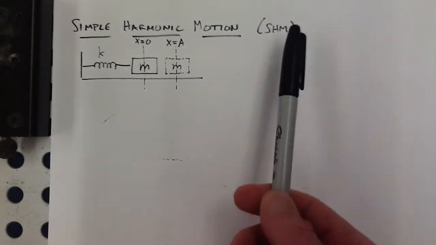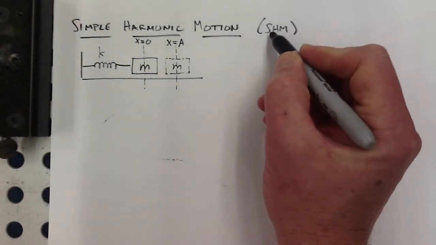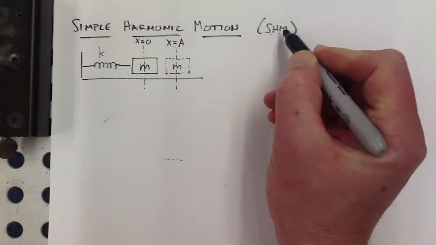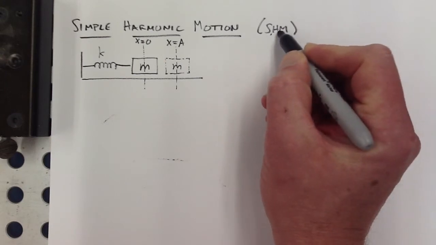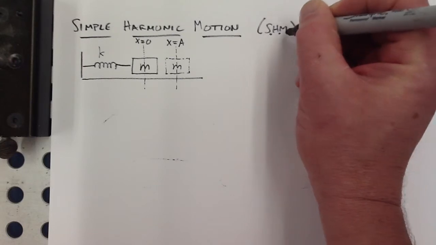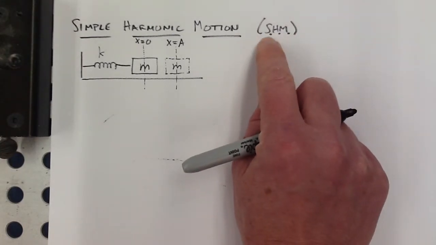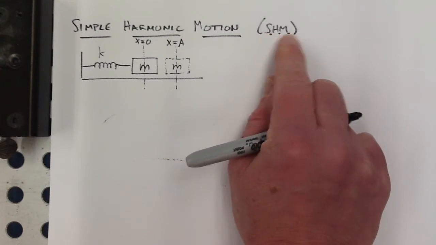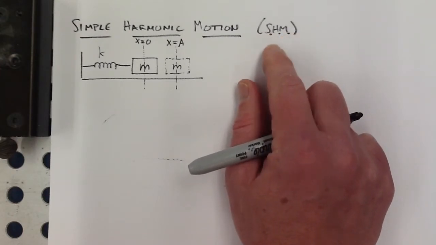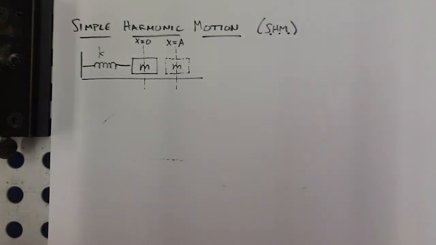In case you didn't know the difference between an acronym and an initialism, I'm going to tell you right now because I learned this. I probably said this in some other notes, so you think I'm crazy. Just some old guy who repeats himself. That may be true. But SHM is an initialism because we don't pronounce it. We don't call it "shm." We call it S-H-M. So, for example, the CIA, that's an initialism, whereas